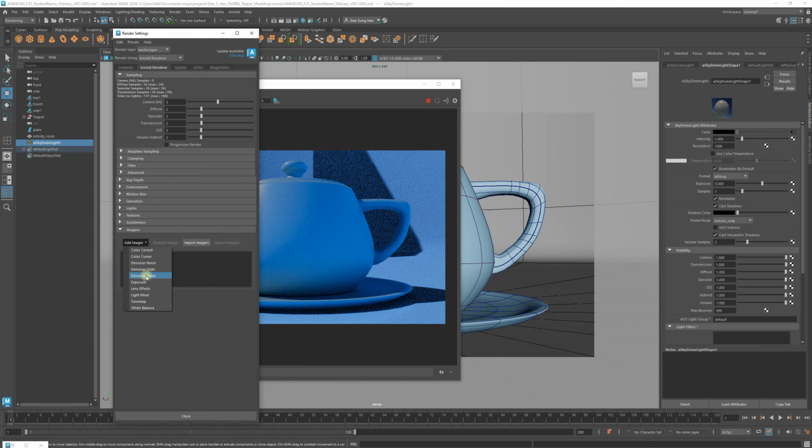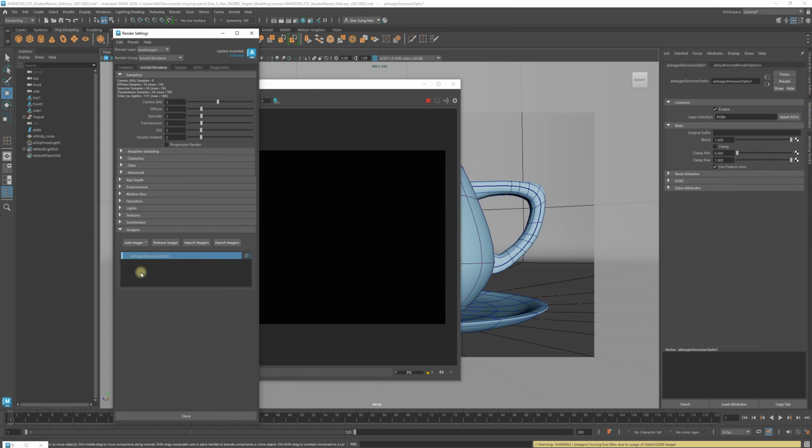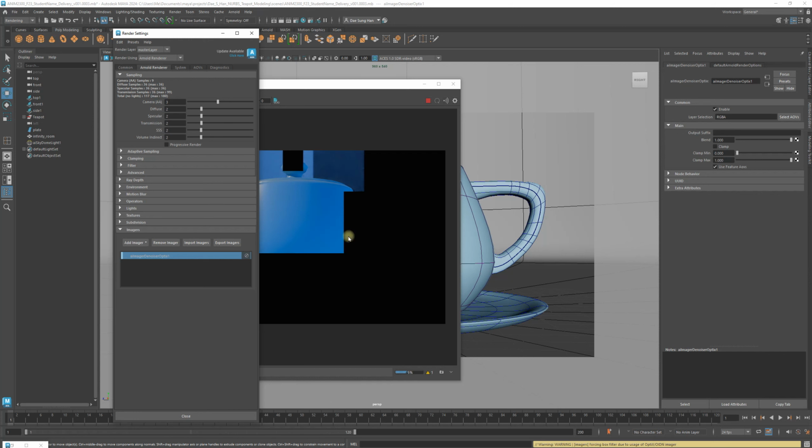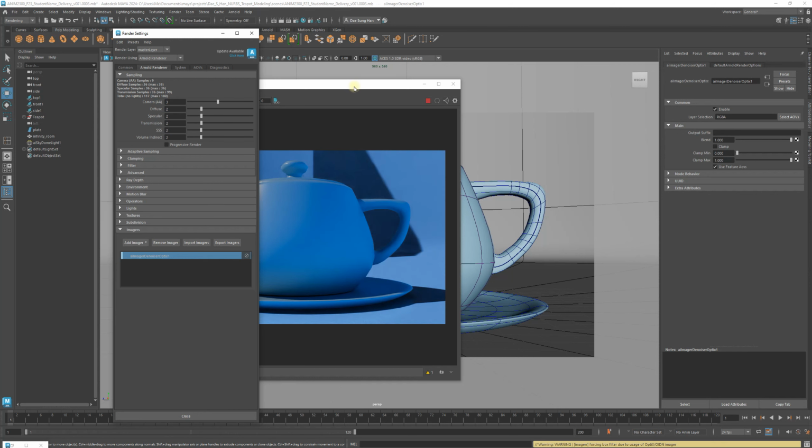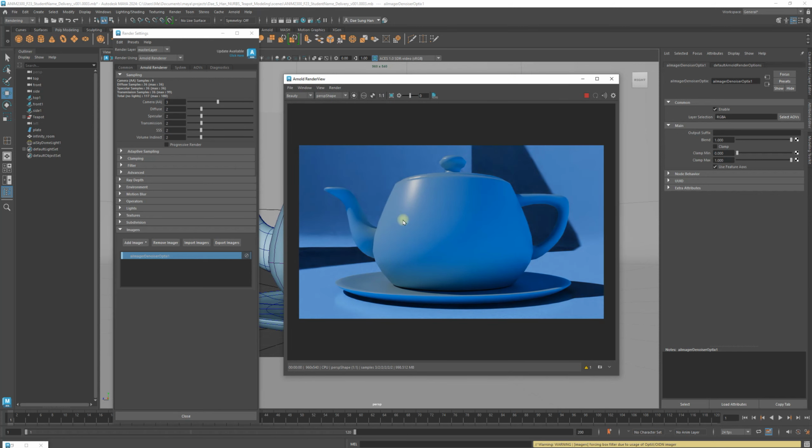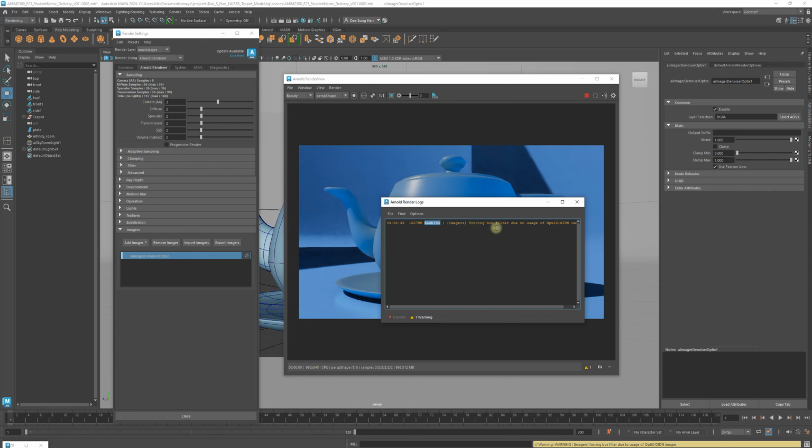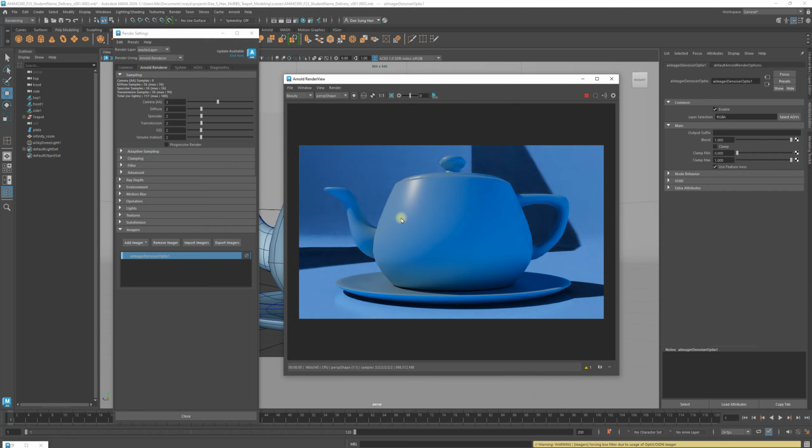Denoiser optics. Ooh, look at that. Bam. All the noise is gone. What the hell is this? That's fine. But now you see the noise is gone. Okay? So denoiser optics. What that does is